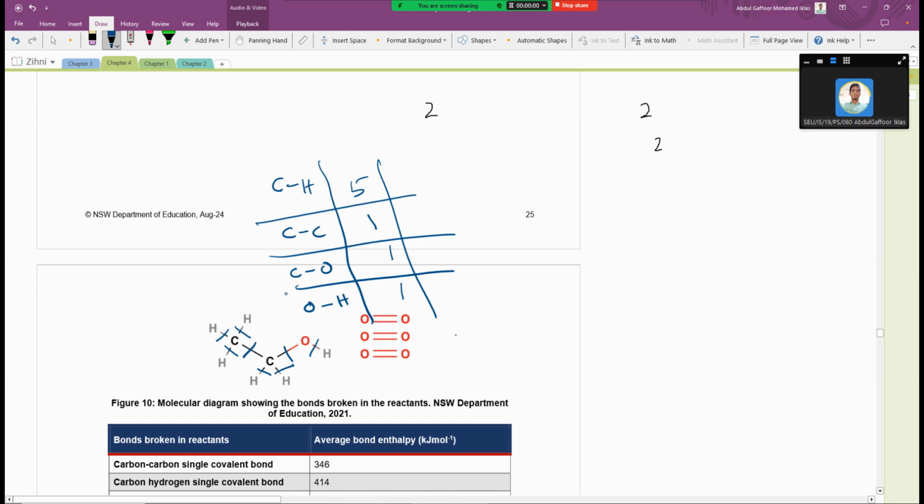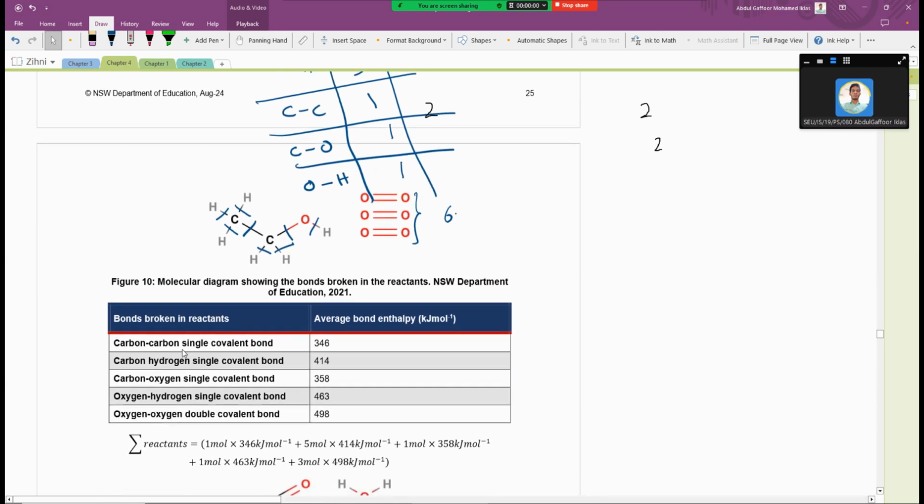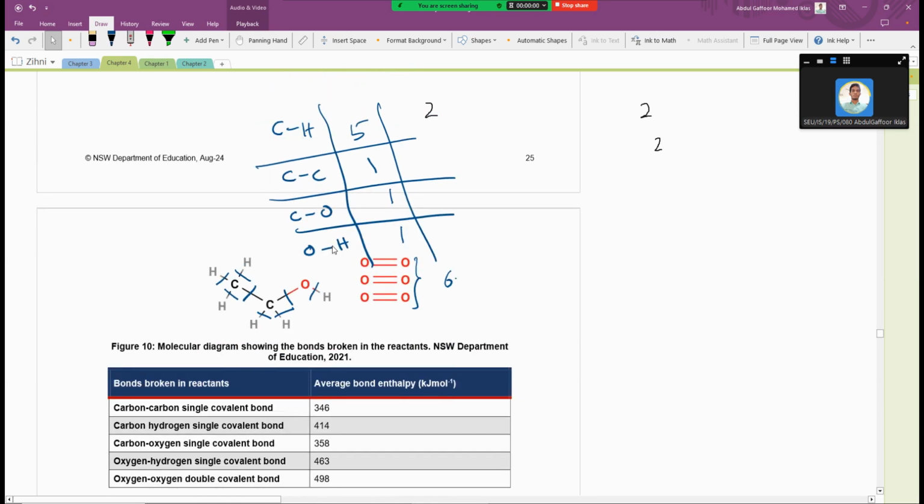If they give the average bond enthalpy for the oxygen double bond, you can use the value for 3, but if they give the single bond oxygen value, then you have to use 6, right? So we will check this depending on the data given. So carbon carbon single bond, right? So this will be 1 times